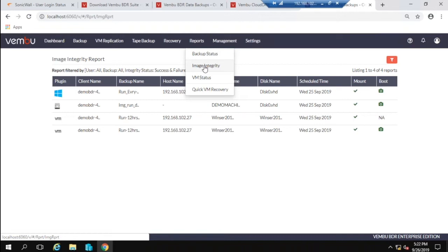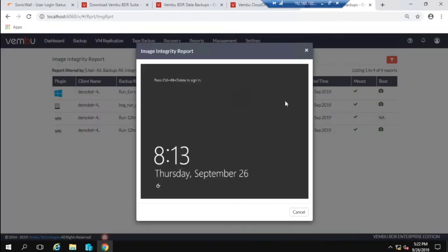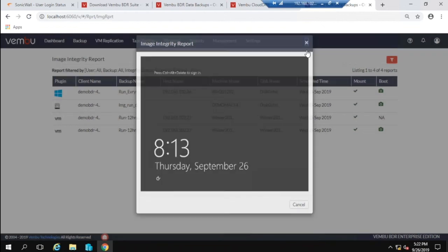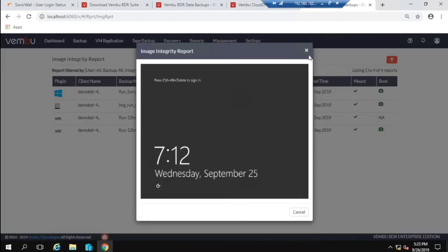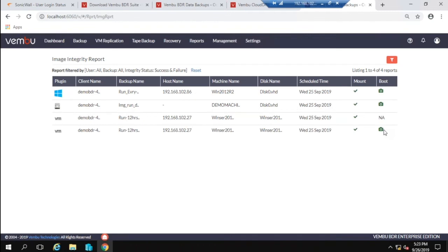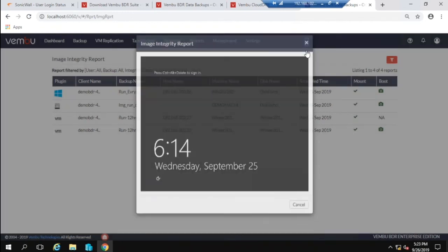So if your data is mountable, you'll get a tick mark here. And once the data is booted, we'll try to capture the screenshot. So using the screenshot, you can check the recoverability of the backup data. So here you can see, this backup data is booted now and the screenshot is captured. From this, if something goes wrong, you will get an error message in the screenshot and you can just take the necessary actions. So this is the image integrity check of Vembu, and you have a lot more options that you can